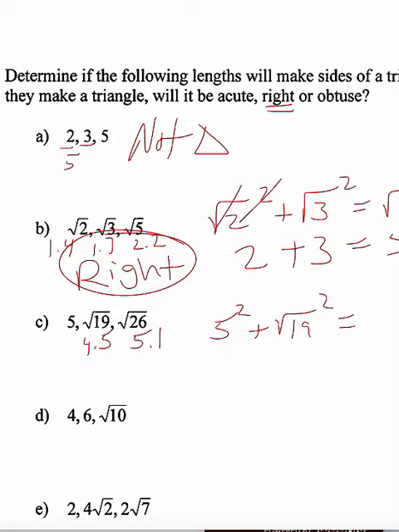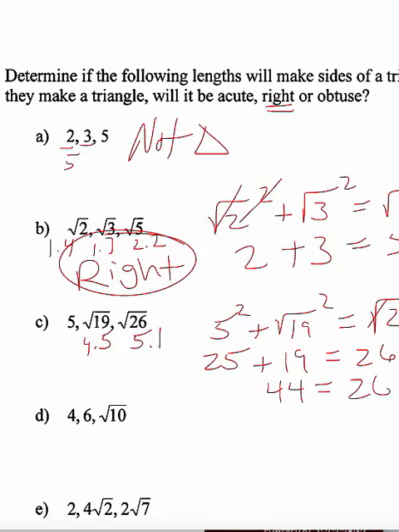Does that equal the square root of 26 squared? So I've got 25 plus the square root of 19 squared would be 19. Square root of 26 squared would be 26. 25 plus 19 would be 44, which does not equal 26. So here is where we're going to say,